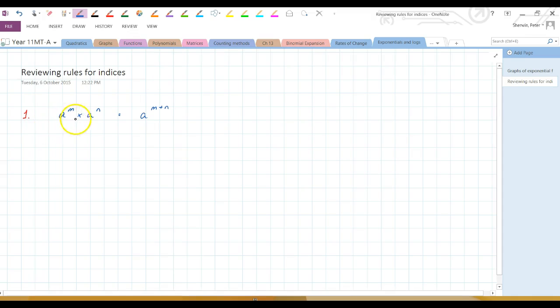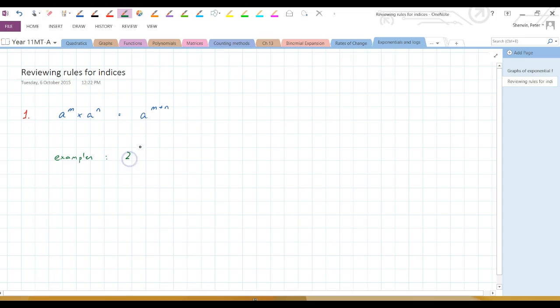Multiplication rule is this one here. So what I want to highlight is that when you're multiplying two terms, it's a to the m times a to the n, in this case we multiply them together. The base is the same. You see that? We've got an a here and an a there. So the base is the same. When the base is the same, then we can add the indices. And you see the result here is a to the m plus n. So when we have a look at some examples,